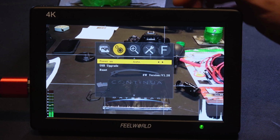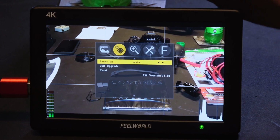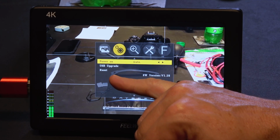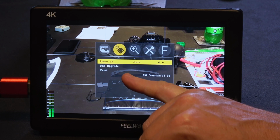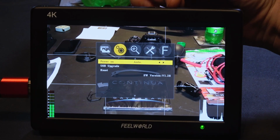Power on is at auto. You also have manual, so basically you have auto or manual. Those are your two settings. And then the next one is USB upgrade. That's what you would select if you wanted to upgrade the firmware. All right, so let's menu back